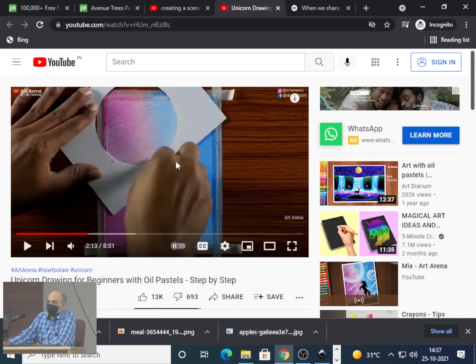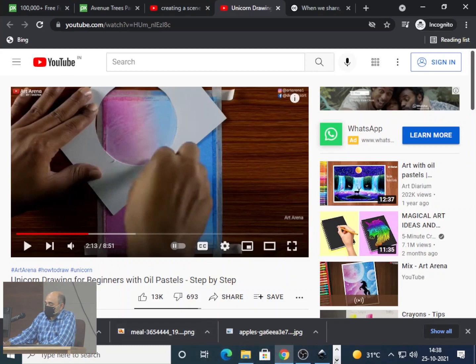Right? Suppose I want to draw a circle. There are multiple ways of doing it. But what happens is when I'm filling it, it may go out. Other things may happen. Even when I'm painting, when I'm blending, it would have gone out, right? I wouldn't have got clear borders. So I masked that area also.